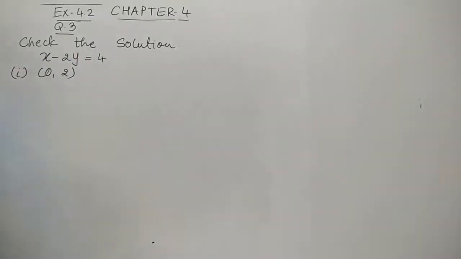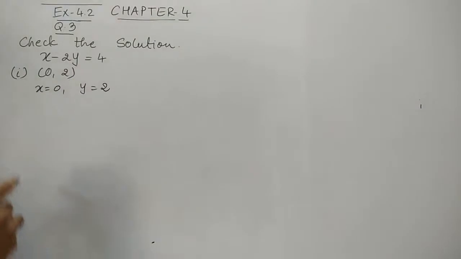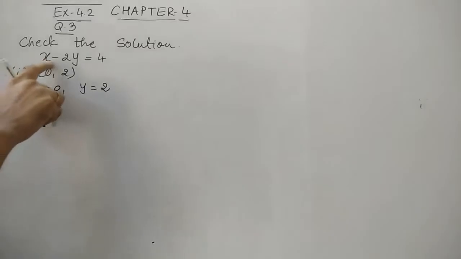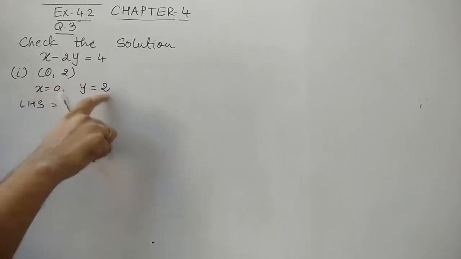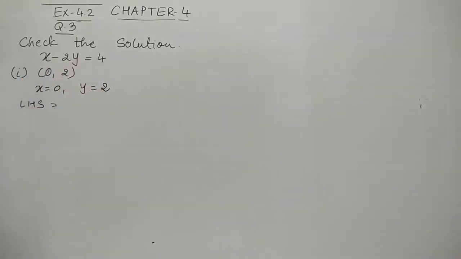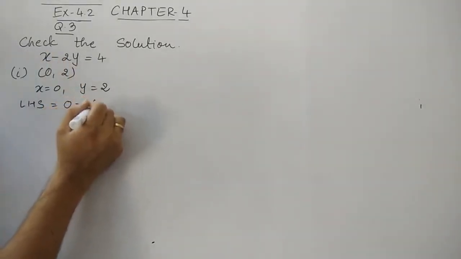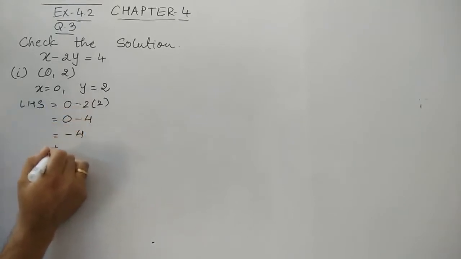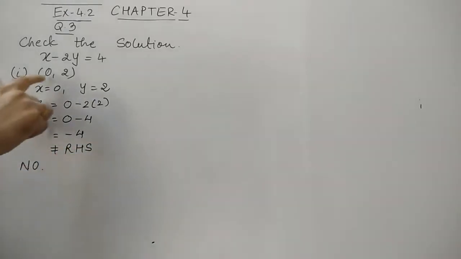तो यहाँ पे x और y के values दिए हैं. For this equation x is 0 and y is 2. Now let us substitute this on the left hand side of the equation. When we simplify this equation by substituting the value, if we'll get RHS, that is 4, we can say yes, it is a solution. So in the left hand side, x minus 2 into y. So you can see that here we obtain minus 4, which is not equals to right hand side. So we can say that no, the given solution is not the solution of this linear equation.